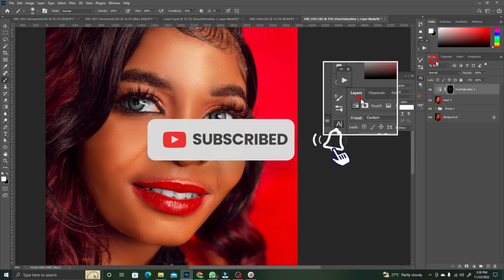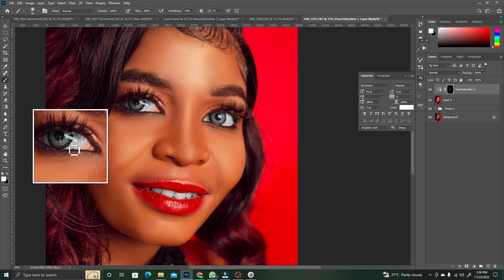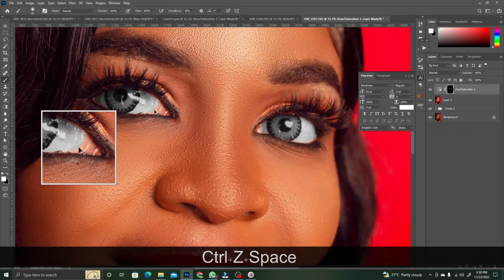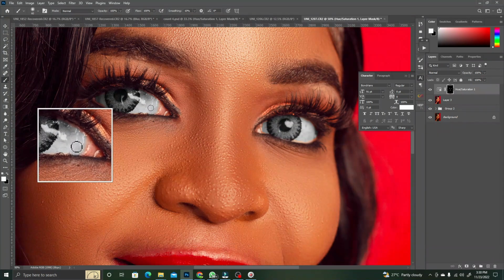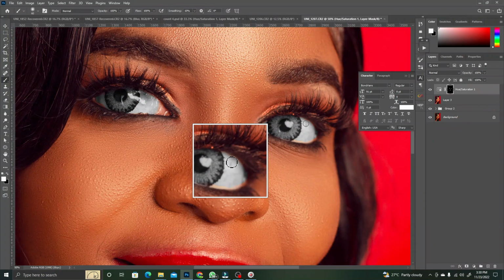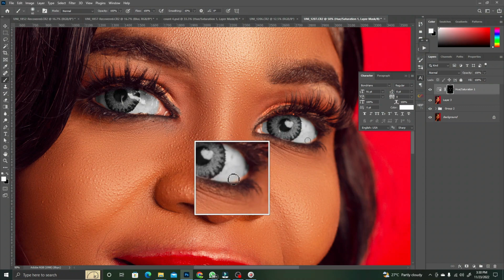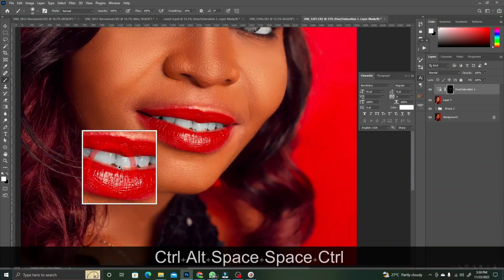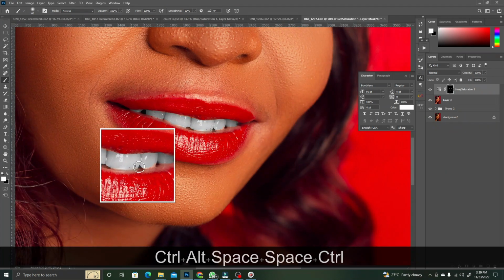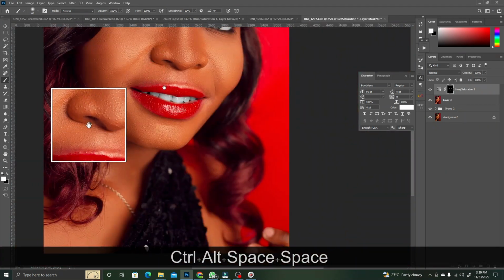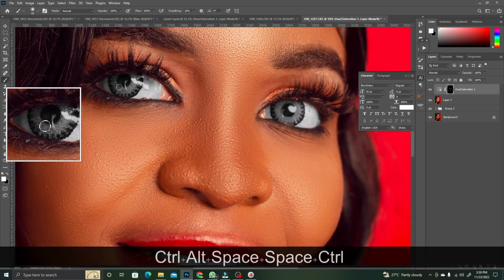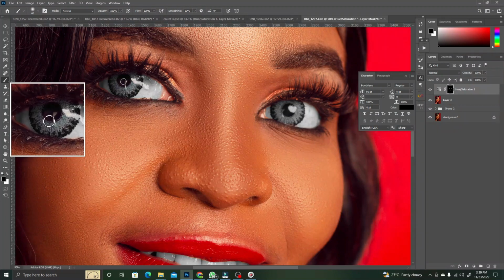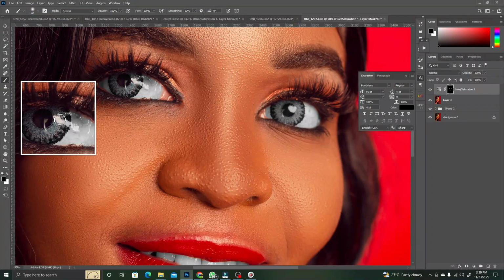So since we have the hue and saturation layer over here, we can paint in at any moment. So you can see when I paint in, you can see the effect. Good. So if there are some portions that you intended not to clean, you can see the cleaning has been successful. Okay, but we need those colors in over here, so we have to paint them back. Okay, bring those colors back